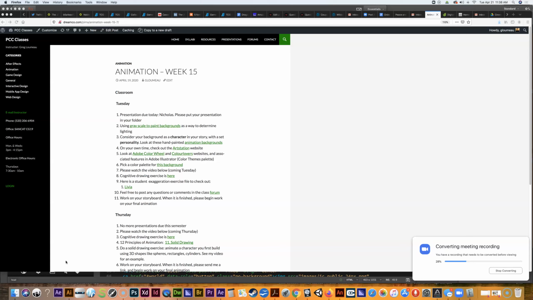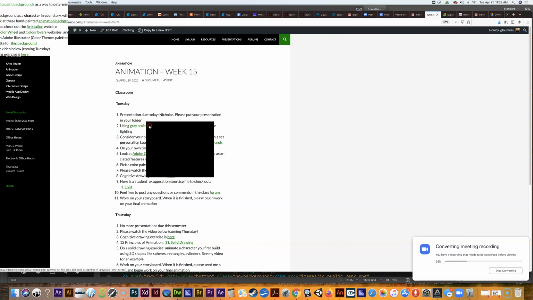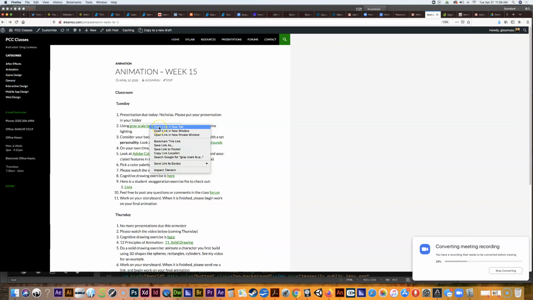It is Tuesday, and today what we're going to talk about is backgrounds. So on the class website here, I have some links for you guys to check out. Here is the first one, using grayscale to paint backgrounds as a way to determine lighting. Let me go ahead and open that link up,